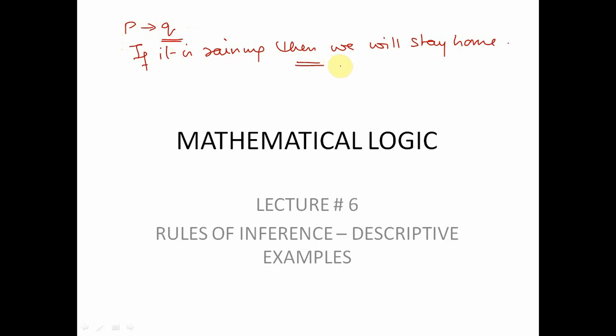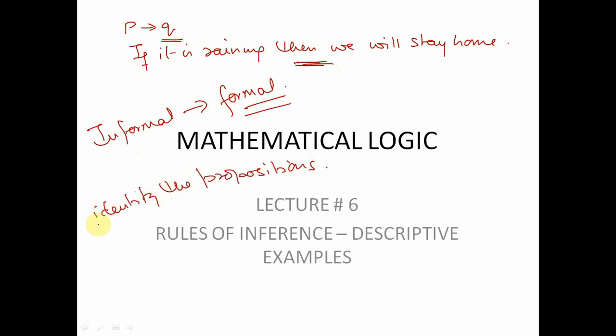Now the simple method of doing this is by first converting the informal argument, the argument that has been given to you informally, to the formal argument. Now how do we do that? We do that by listing all the premises, and before we can list all the premises, we have to identify the propositions. So we begin by identifying the propositions. Second, we list the premises formally, and then we can apply the rules of inference to check the validity of the argument. So we'll see that with the help of certain examples.